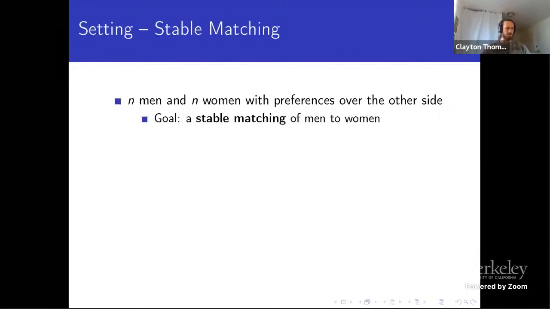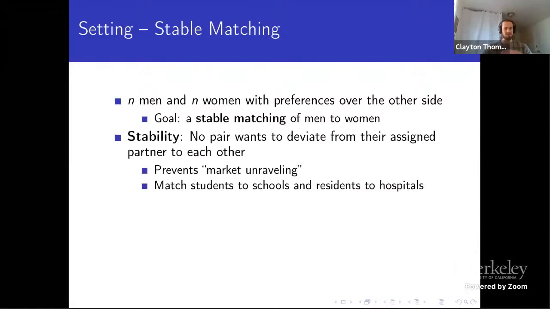So this is a paper about the stable matching problem. By a standard analogy, this is seeking to match n men to n women, when each agent has preferences over all of the agents on the other side of the market. And our goal is stability, and this is the property that once I output this one-to-one matching, nobody wants to get up from their assigned partner and match with each other instead. This is heavily studied in theory and used in practice, and it's been argued to be really crucial to prevent market unraveling. I can tell agents, when I give them this matching, why would you want to deviate from the matching? Nobody would want to do that with you.